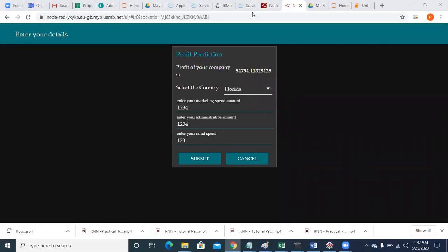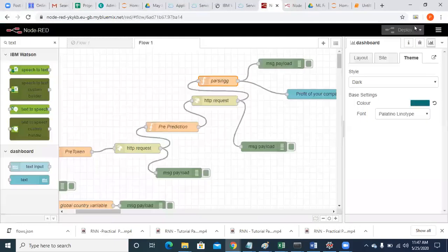Understood, guys? So this is how you will be creating a web application. Understood, everyone? Go to your dashboard. There you will find an option called theme.